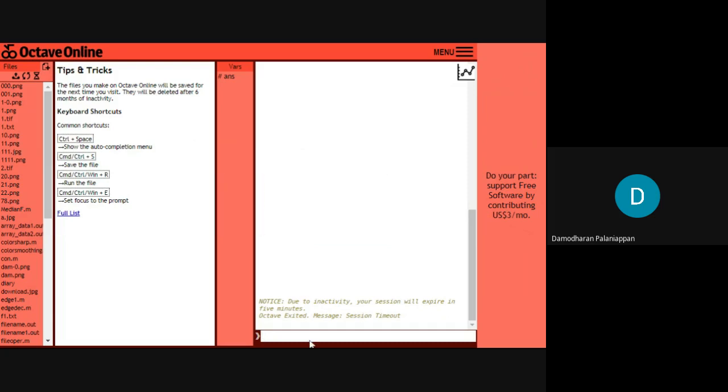The final thing is that there is a text box at the bottom of the browser. This text box is used to give queries to Octave. It is a box used to interact with the Octave tool. You type the query, the program, the command, everything in this text box. Then press the enter key, and according to that, the data will be worked on here.